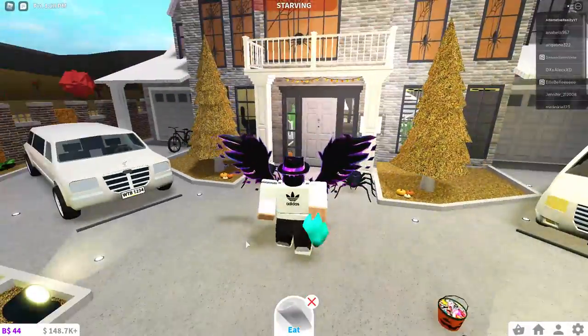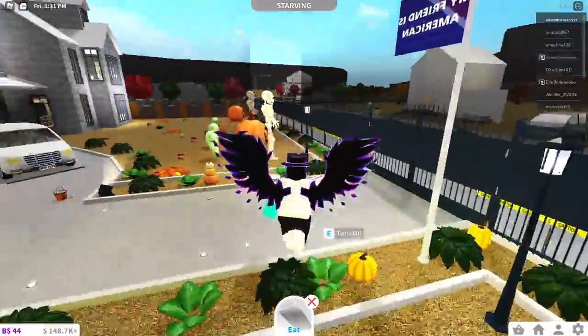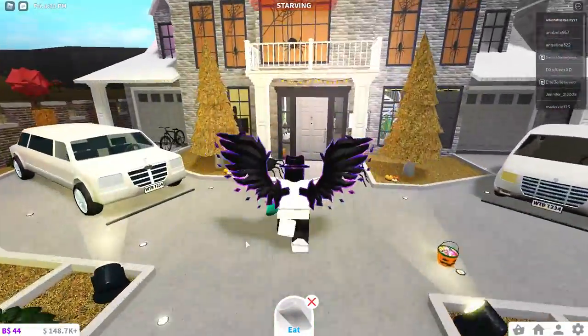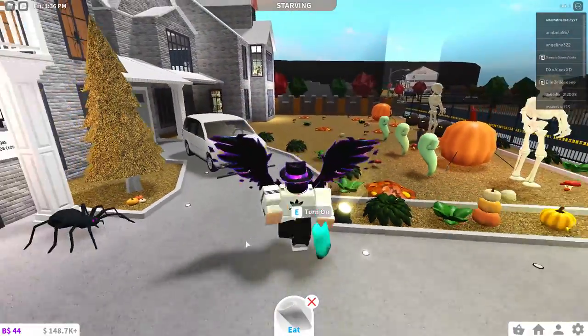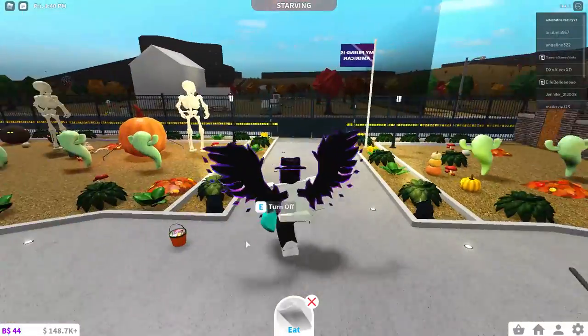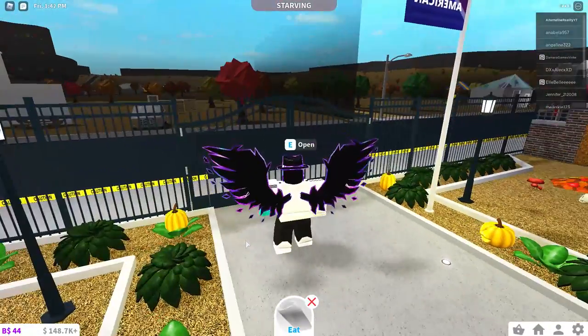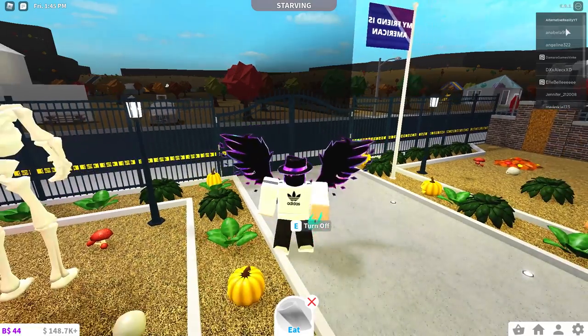Look, before last year, there was no such thing as giving candy. All you did is decorate your house for Halloween. That was it. You couldn't really trick or treat because you had no sweets. But now we've made it more open and realistic so that you can now grab your candy. The update's so much better. You know what I mean? It's so much better in a way where